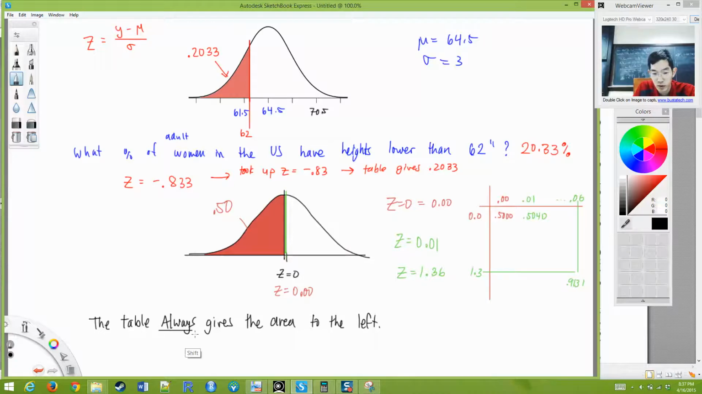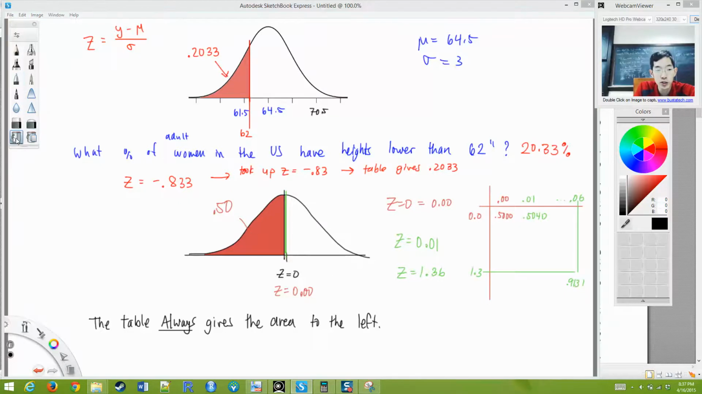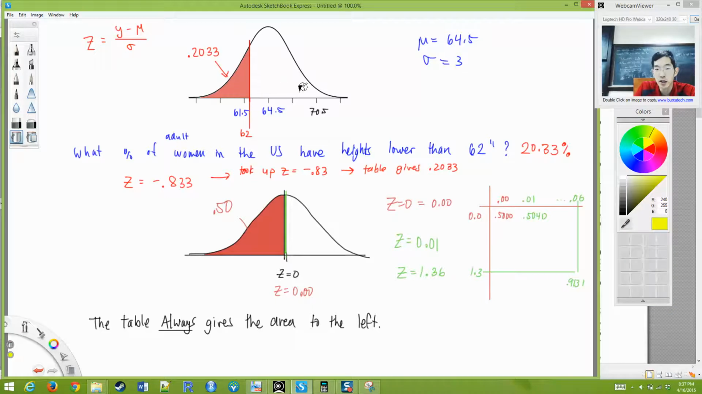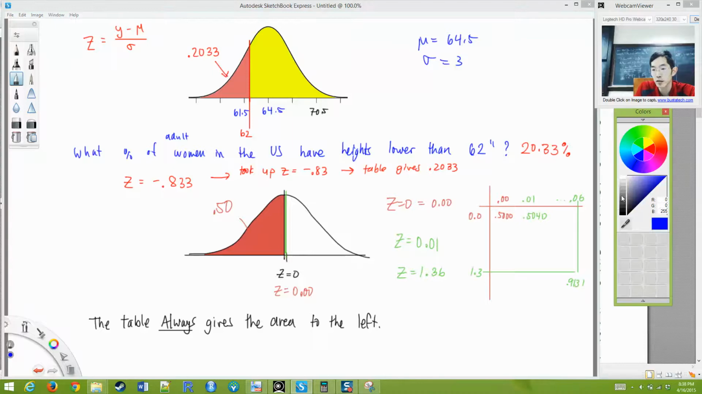Okay, always. So if I were to ask almost the same question, but instead I said, what percentage of women have heights taller than 62 inches? You would tell me what? Yeah, you would just do